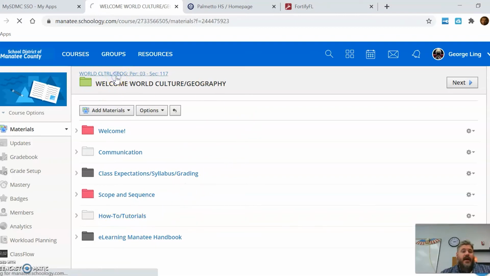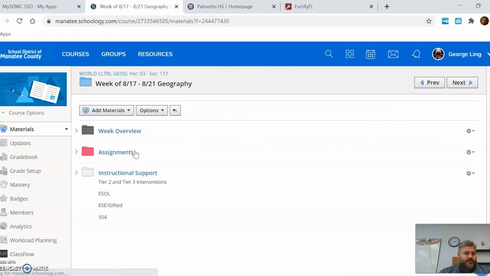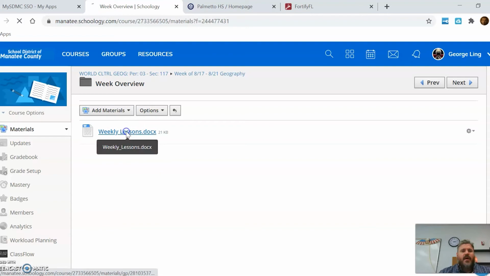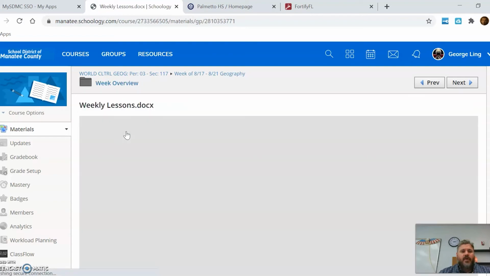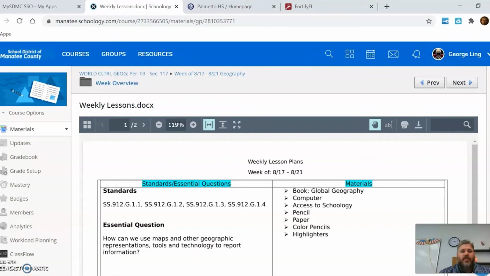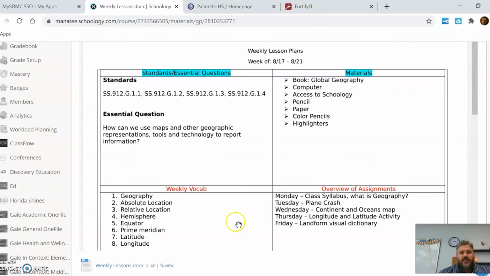All right. Now, the weekly folder. This is the folders you're going to see every single week. And they're the ones that are going to have your information as far as what you're supposed to complete this week. So you'll start off with a week overview. In this, there will be a short video, or it'll have a short rundown of what we are going to accomplish throughout that week. Central question, weekly vocab.